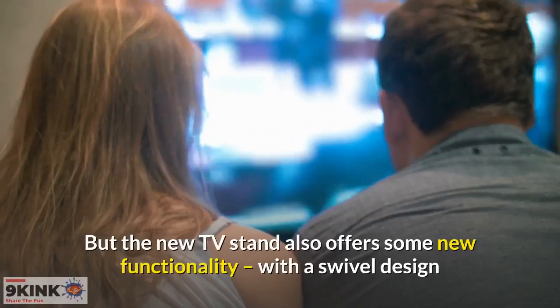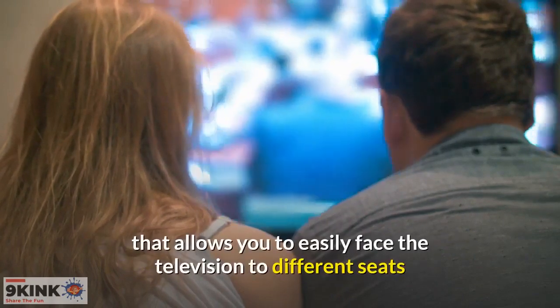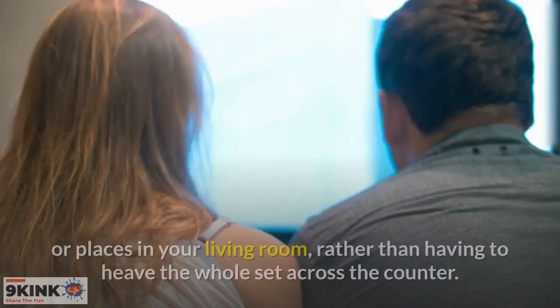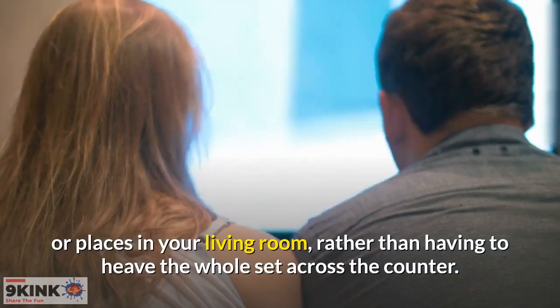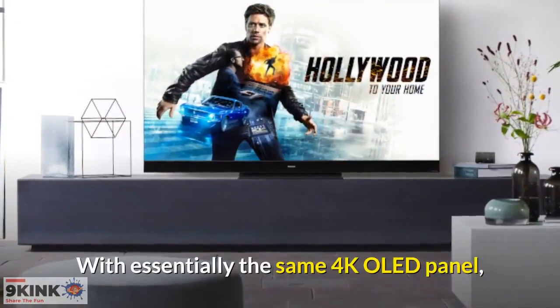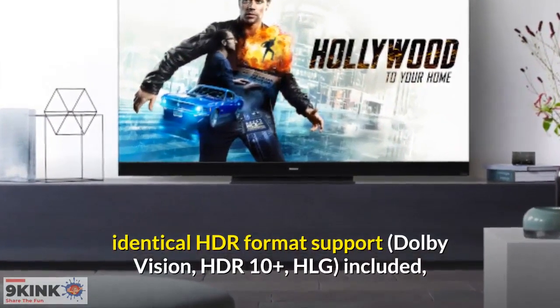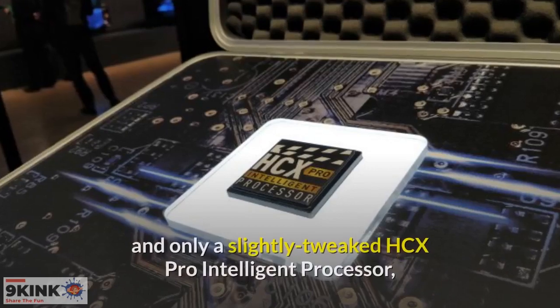But the new TV stand also offers some new functionality, with a swivel design that allows you to easily face the television to different seats or places in your living room, rather than having to heave the whole set across the counter. With essentially the same 4K OLED panel, identical HDR format support, Dolby Vision, HDR10+, HLG included, and only